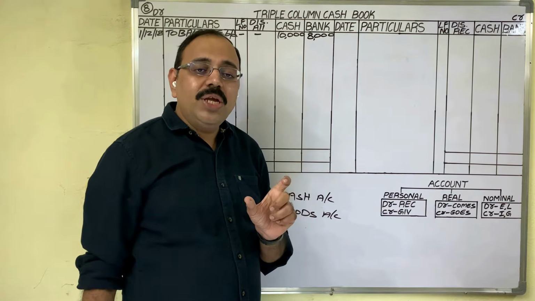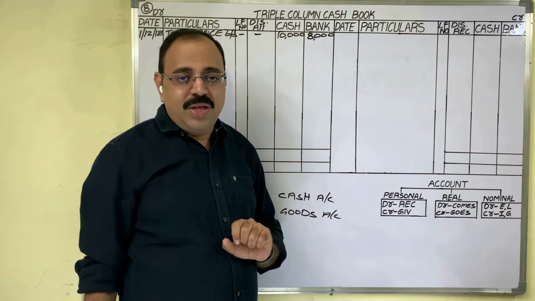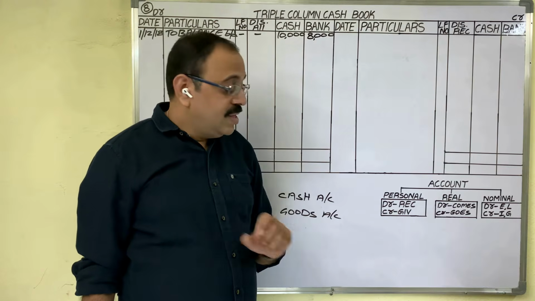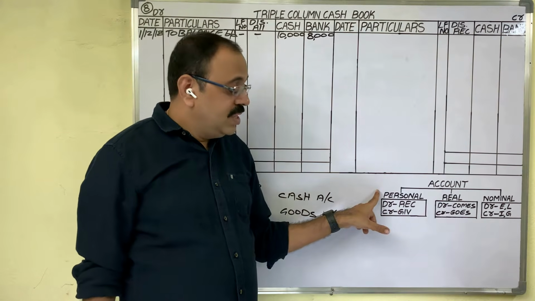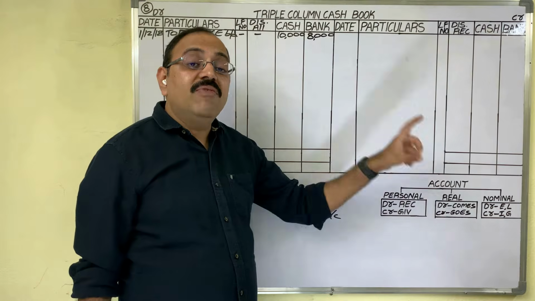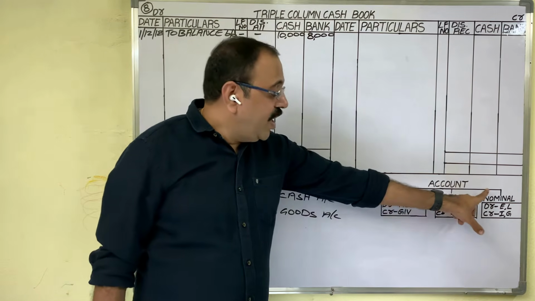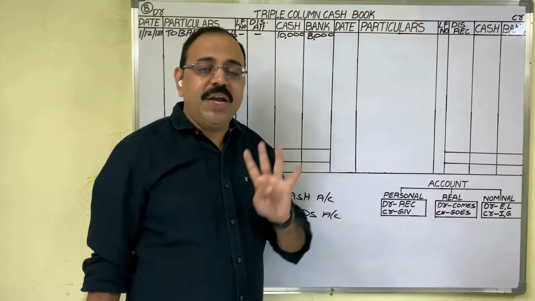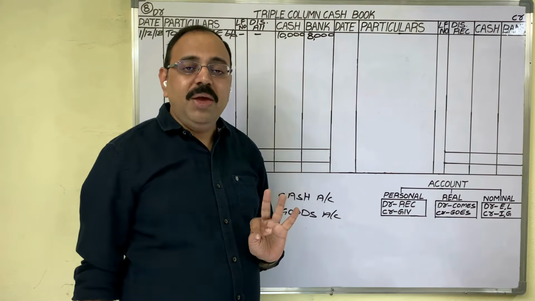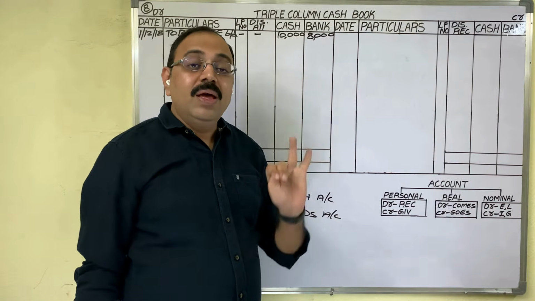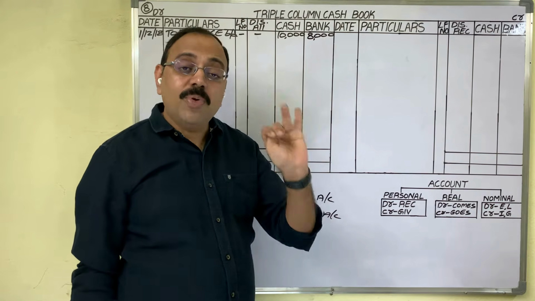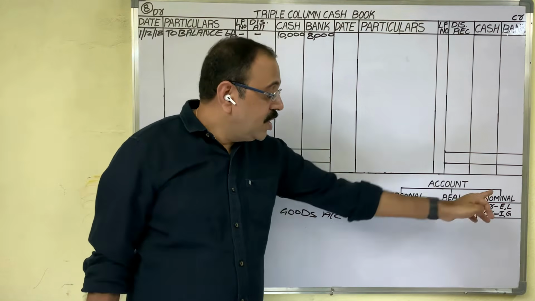If any account is opened with a person's name or firm's name, that is a personal account. If any account is opened with an asset name, it is a real account. If any account is opened with an expenditure name, loss name, income name, or gain, meaning profit name, that is a nominal